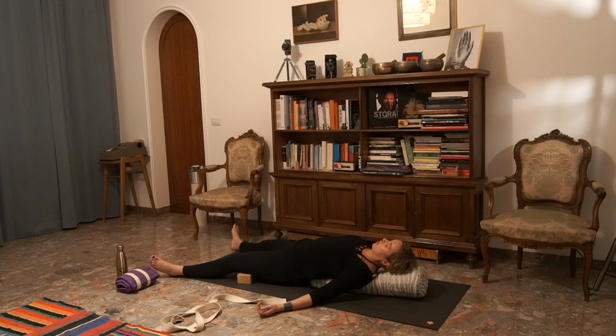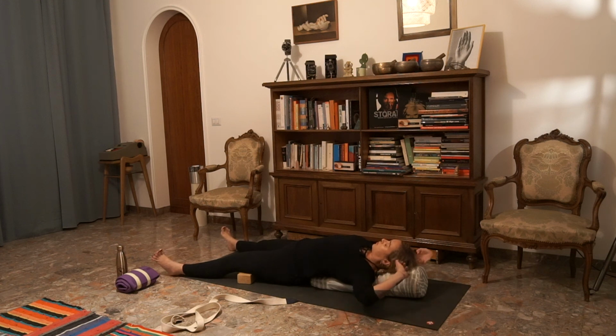Keeping your body completely soft, deepen the breath. With that same soft quality, explore movement. Allow your fingertips, your toes to move in the air around you and explore this very soft and subtle movement, almost as if it would be the first time that you move. Let it ripple into any direction and into any shape that you feel is appropriate for yourself,